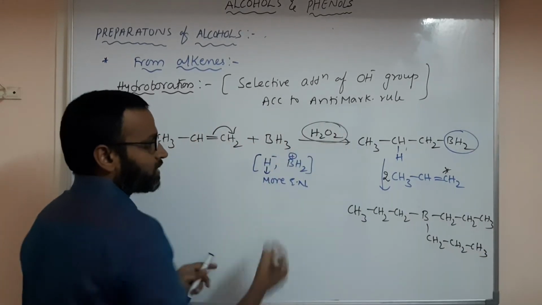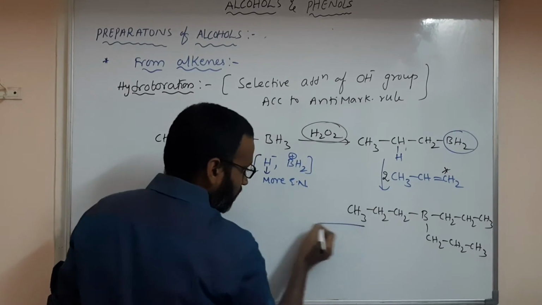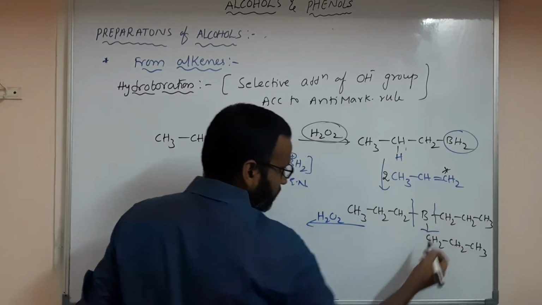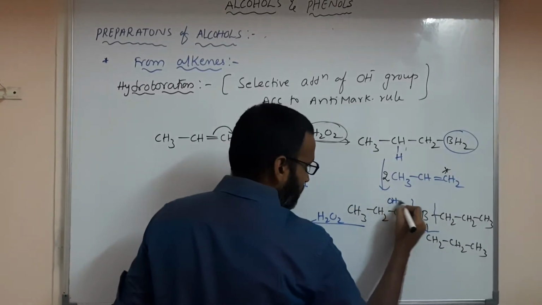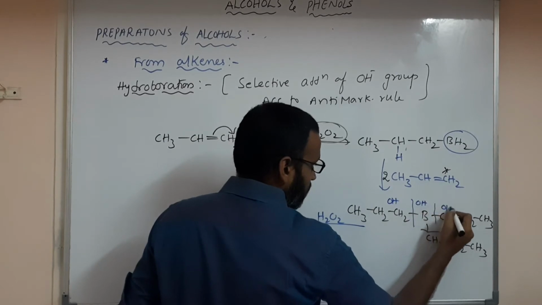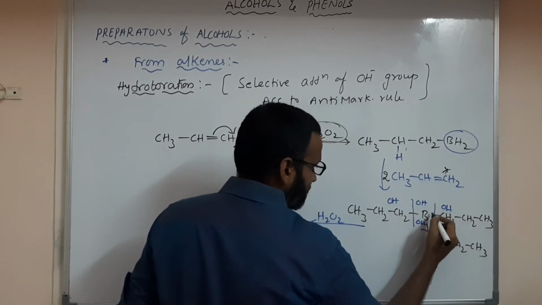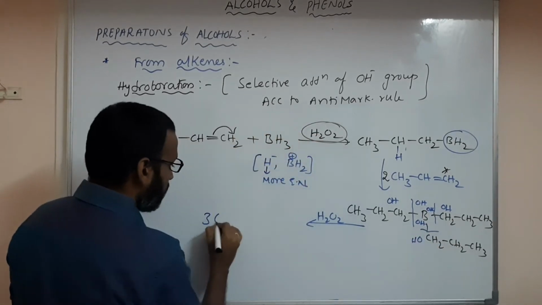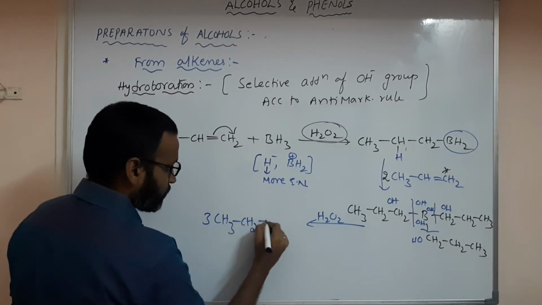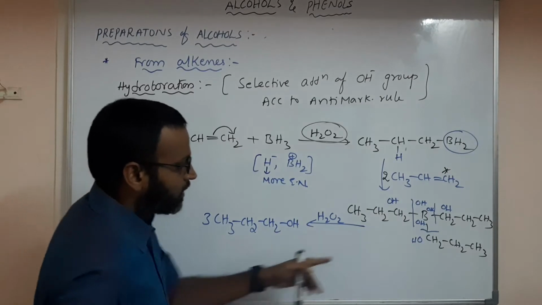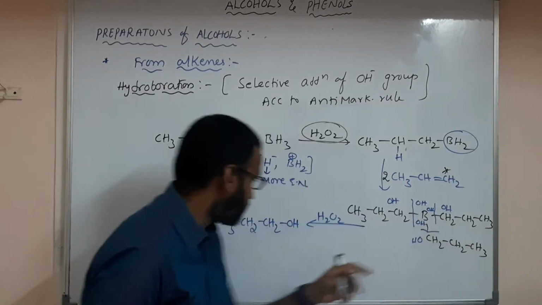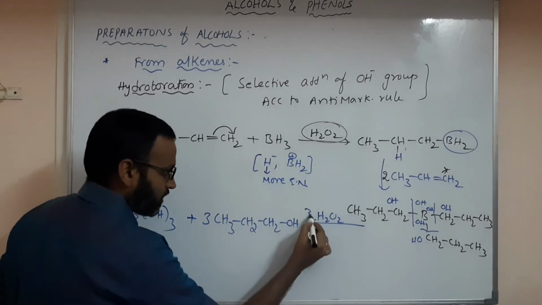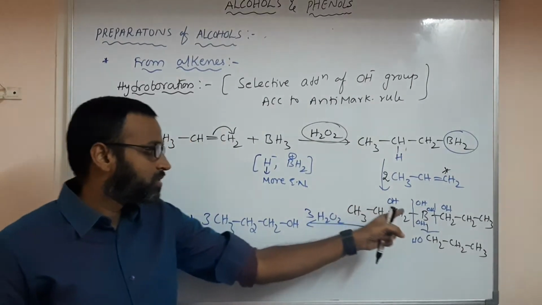As I said, H2O was added, that will help here. So now I am adding H2O2, hydrogen peroxide. So this will break, this will break, this will break. How? As OH, OH and OH; see here, one more OH from here and OH from here. That means you are having 3 moles of CH3, CH2, CH2, OH. So B, OH, OH, OH. That means you have B(OH) thrice. Hydrogen peroxide, 3 moles, no need to mention, will be used here.